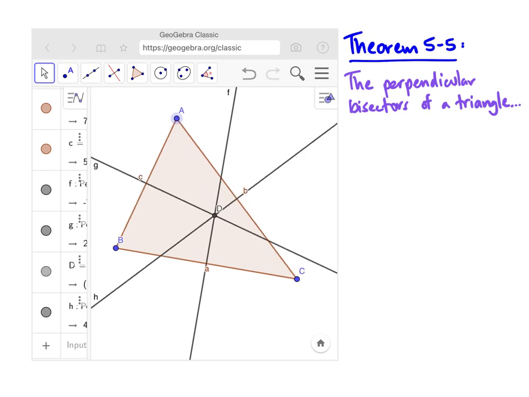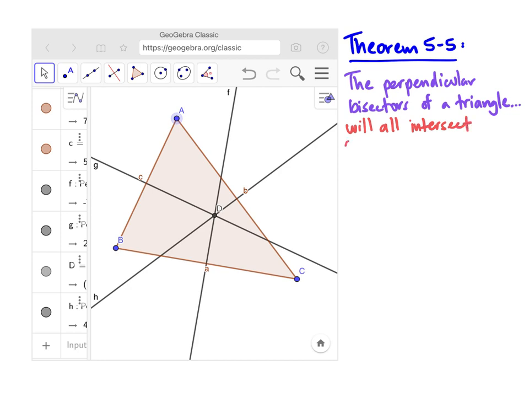So this will take us to this Theorem 5-5 that you can see off to the side of my screen. Let's go ahead and complete that statement. It starts by saying the perpendicular bisectors of a triangle. Okay, we know there's going to be three perpendicular bisectors of a triangle, one for each side. What we're going to be able to say is that they will all intersect at a single point. The perpendicular bisectors of a triangle will all intersect,